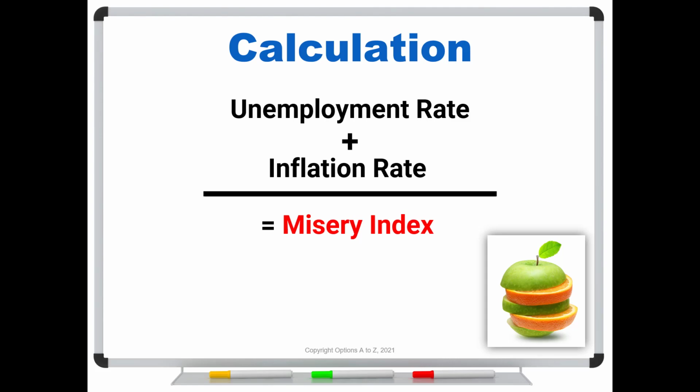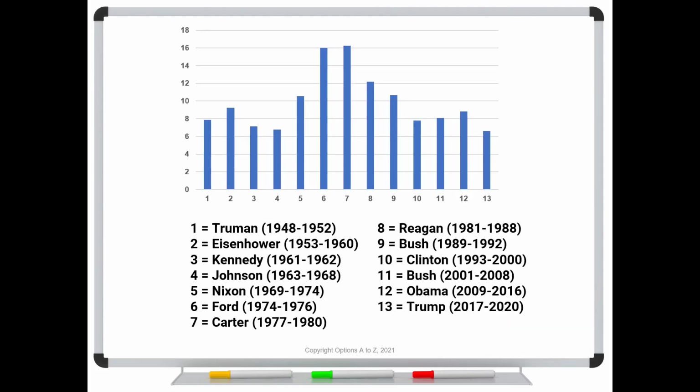So let's take a look first across different presidents. This is for the US. Here we can see number one was under Truman from 48 to 52. The biggest peaks, 6 and 7, were with Ford and Carter from 74 to 80. This is when we had the really high inflation rates. And then we've been steadily working our way down. There's a little bump up at number 12, during Obama's term,